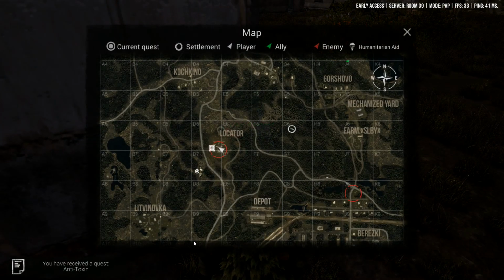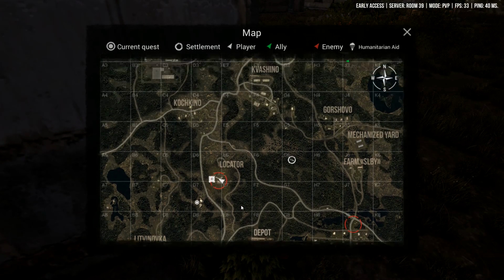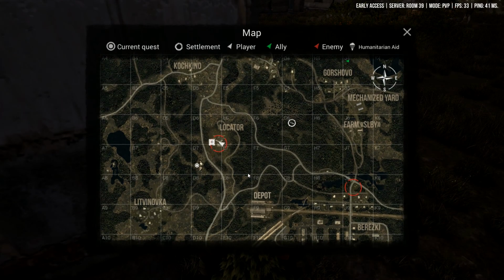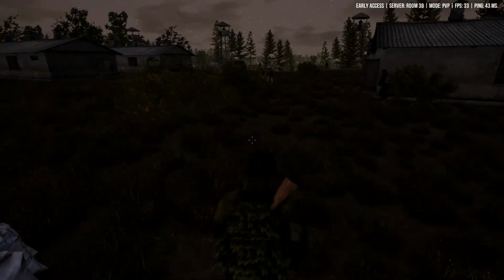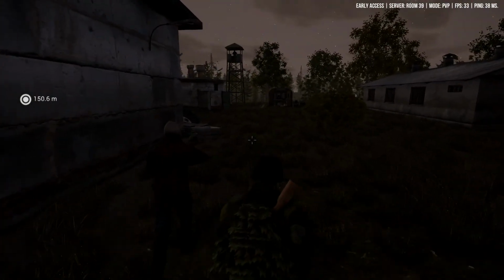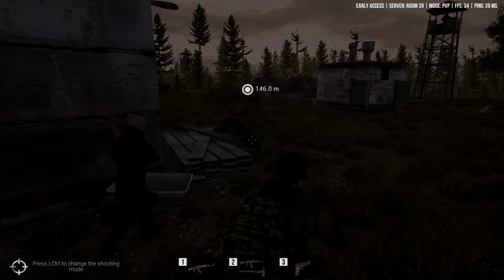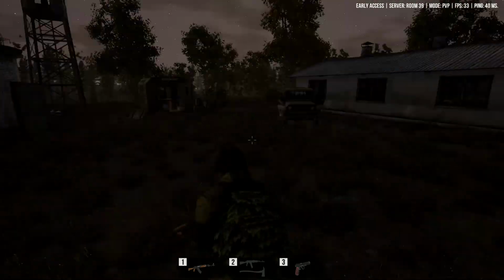Alright, so where is that? Good. It's actually right over by the bunker area. Alright, so with that being said, we'll leave it off here, and next time we'll go down and do that quest. It's pretty close by, so that should be a quick one, which means we'll be able to knock out a few of them,